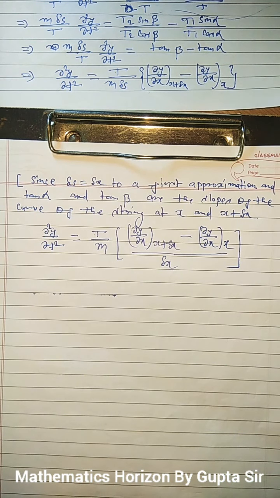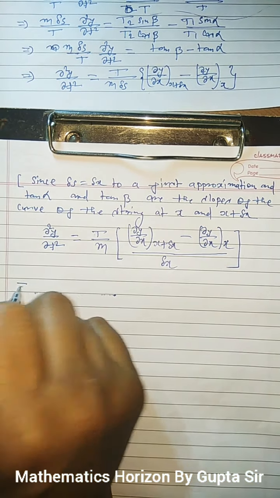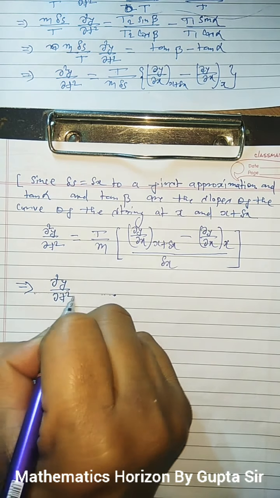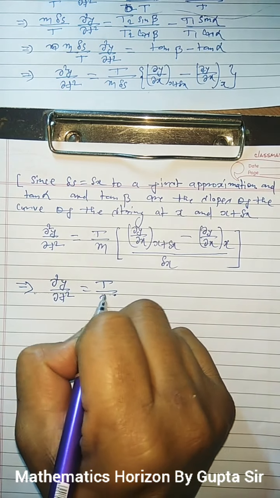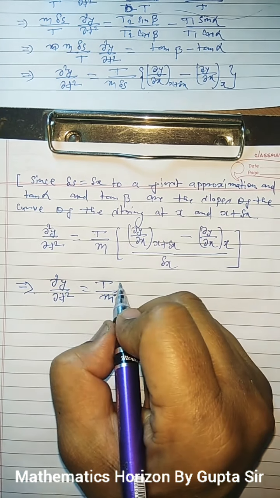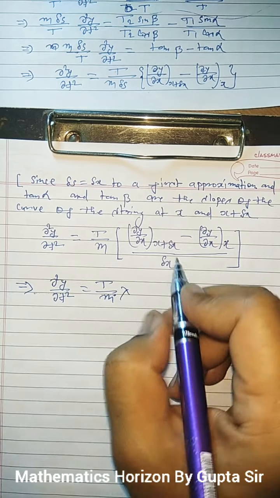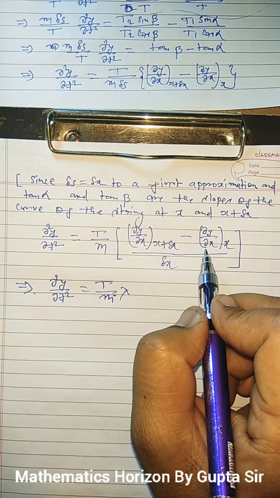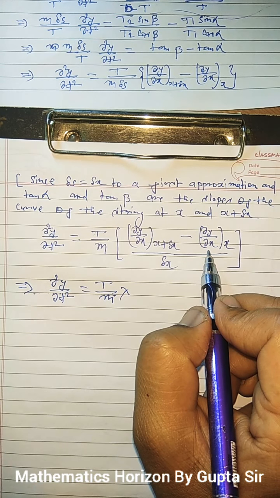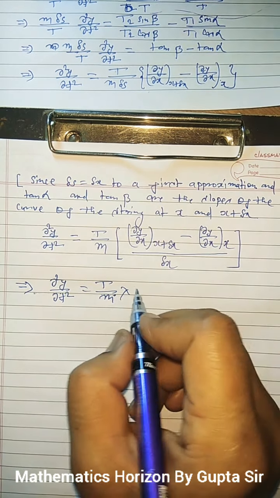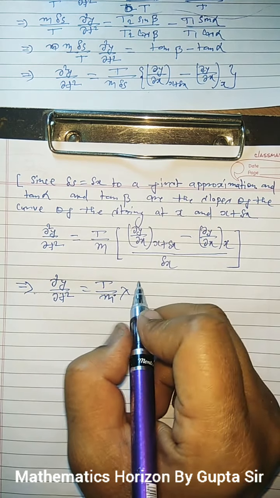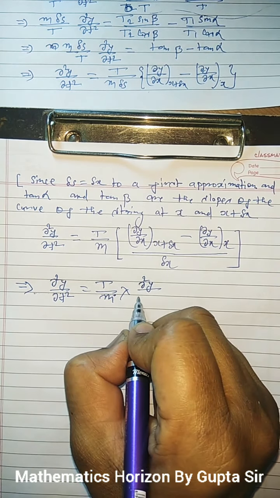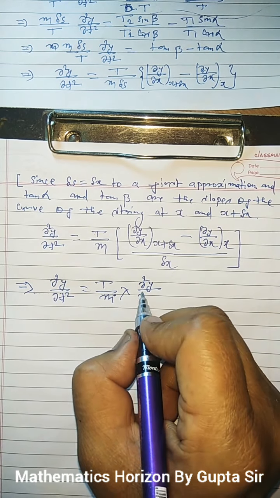Okay, that is del square y upon del t square is equal to T upon m. And what is this? This is the second order partial derivative with respect to x. Second order partial means we can write here d2y upon dx2